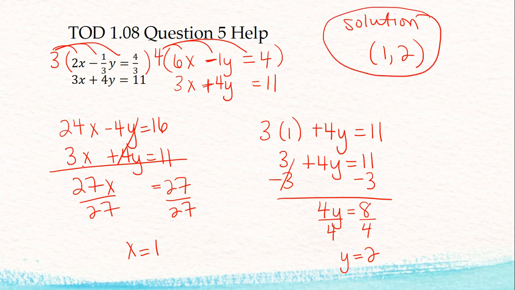All right, so you're going to do something very similar in number 5 on the TOD for 1.08. Go ahead and eliminate that fraction first, and then you may need to multiply either your top or bottom by a number to help eliminate one of your variables, which we practiced quite a bit in class